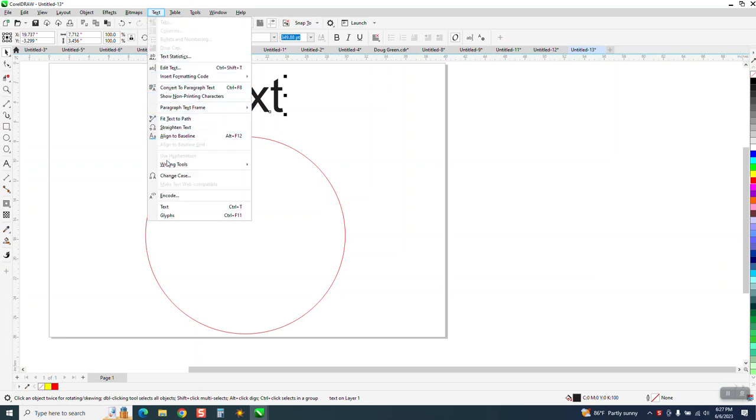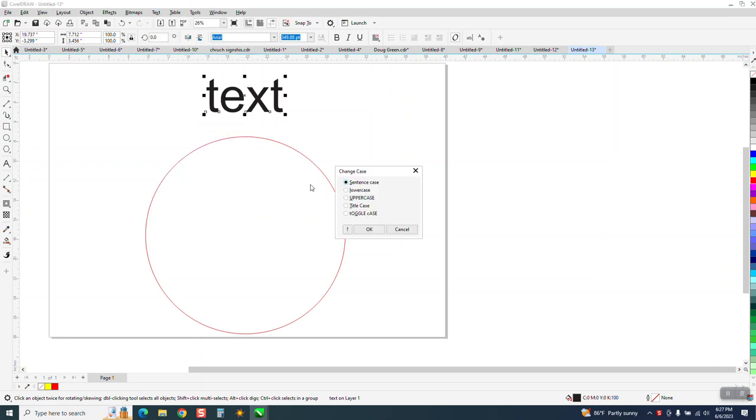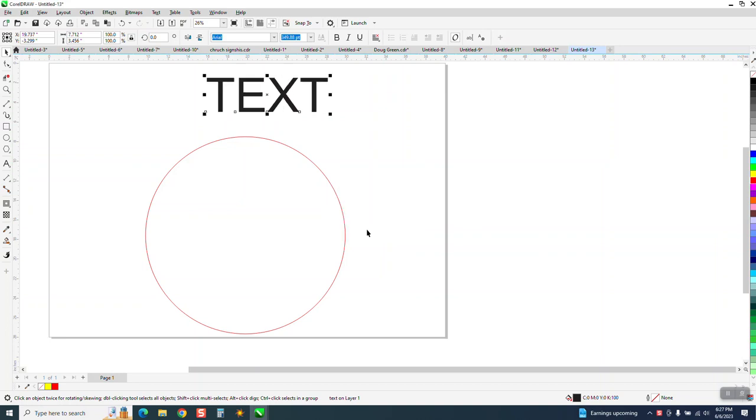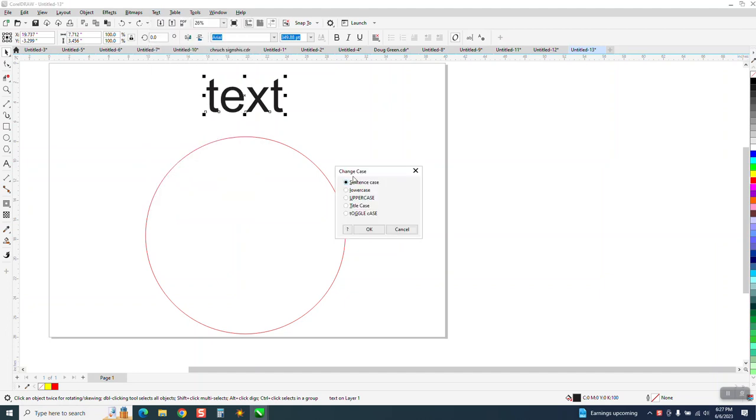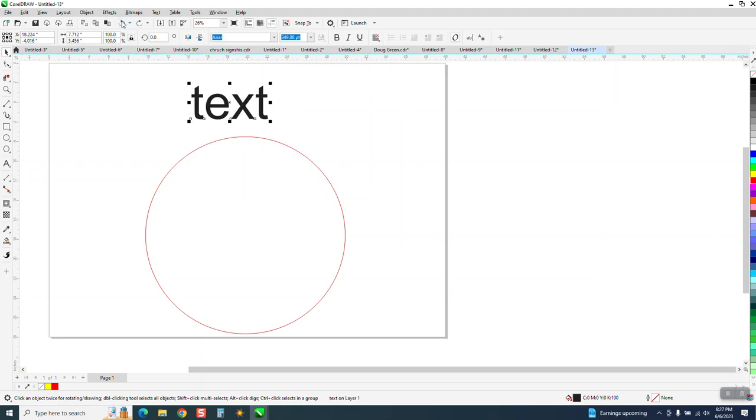You can go to change case, and we're going to change it all to uppercase. So if you had a lot of text, that would be very important. If you go to text and change case and go to sentence case, it'll make the capital T. Now let's go back. Let's make them all